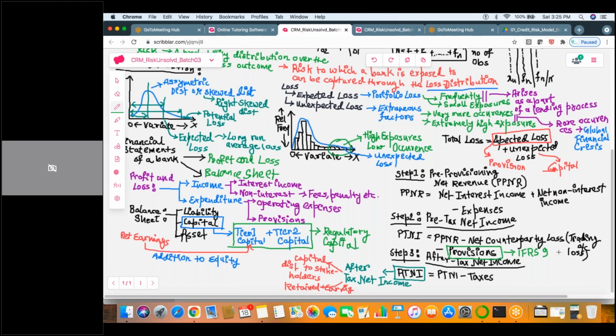This is very similar to the concept of bills of exchange. Previously we used to draw bills of exchange, 90 days bills on the debtor. What it means is that 90 days down the line, the debtor will be paying me back this money, and against that I'm giving him a bills receipt. On the date of payment, let's say the person defaults, he's unable to pay the money. That is what a counterparty default is. This is a very specific kind of default which is occurring on a market asset,